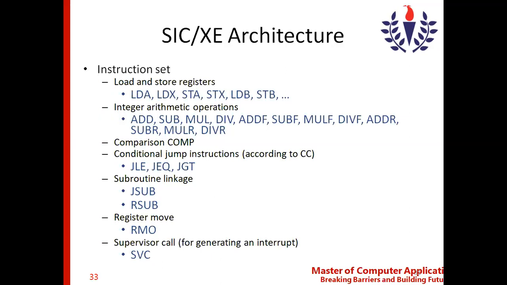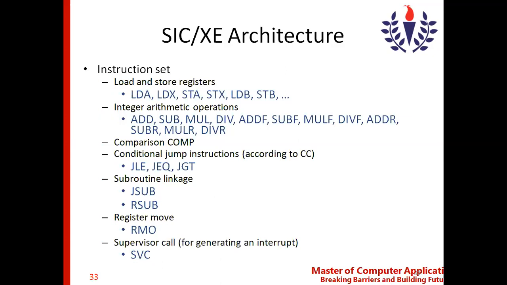And coming to the integer arithmetic operations, we can involve floating points. That is how you can find, in addition to ADD, we have ADDF, SUBF, MULF also. Then apart from that, we have ADDR, SUBR, MULR, DIVR. So what is this R which represents that? In place of memory, we can make use of the registers. So without memory reference, we can work with the registers. The arithmetic operations can be performed between the registers without involving the memory.